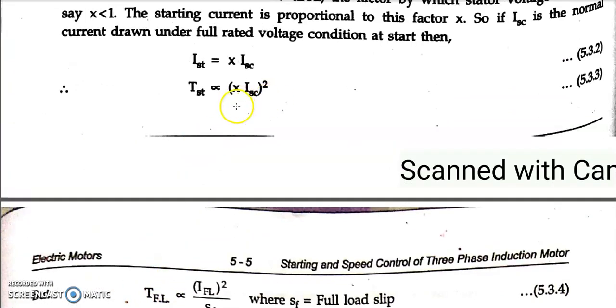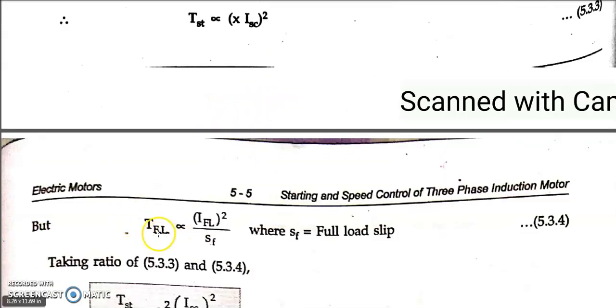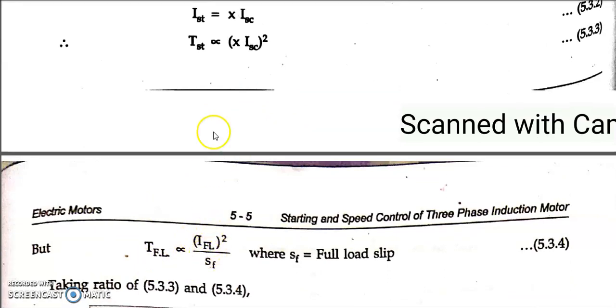Why is there no S over here in the starting torque? Because the torque written here is for the start condition. But here you can see there's a full load condition. The same thing happens, but there is no X term here, because full load current flows and X will be equal to 1. And the full load slip will be there, so S will not be equal to 1; it will have a certain slip, so S comes into the picture, but no X, and there will be SF here.